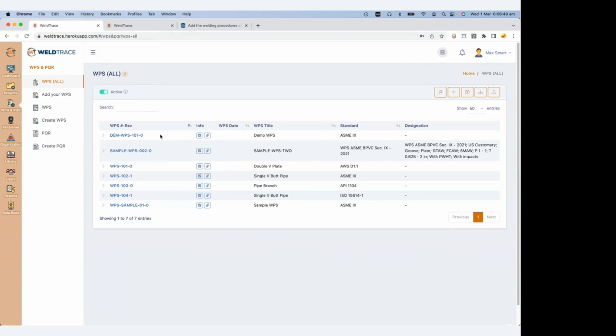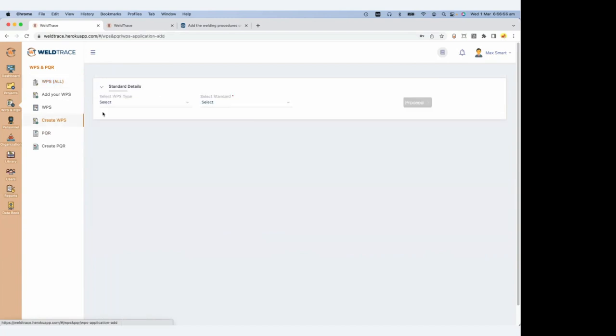Okay, so creating a WPS in WeldTrace. So click on the create button here, and so you'll see this option. So create WPS from a PQR. Create WPS from multiple PQRs. So that's combining PQRs into a WPS, and then a preliminary. So we always start with preliminary WPS in WeldTrace. There is a particular reason, and